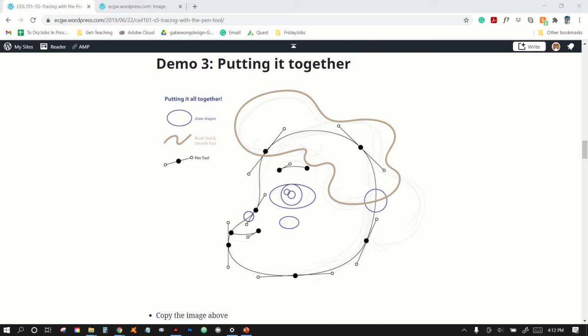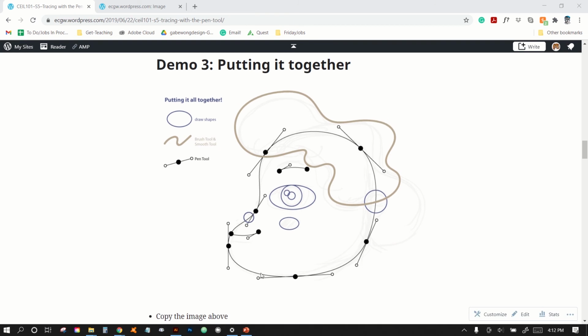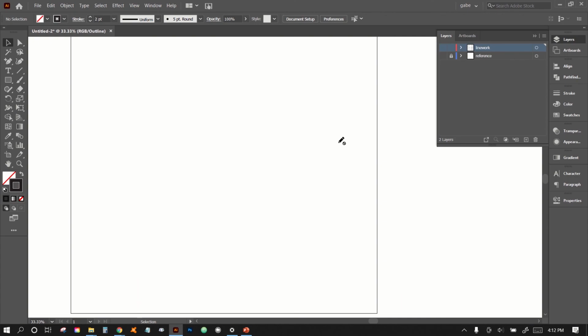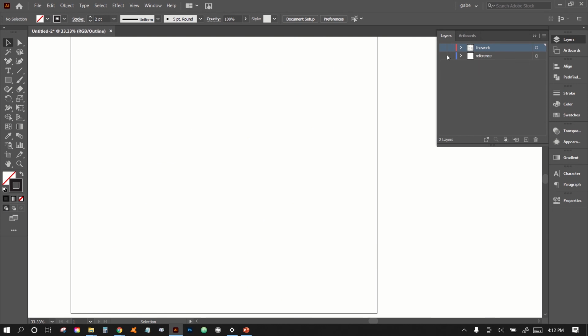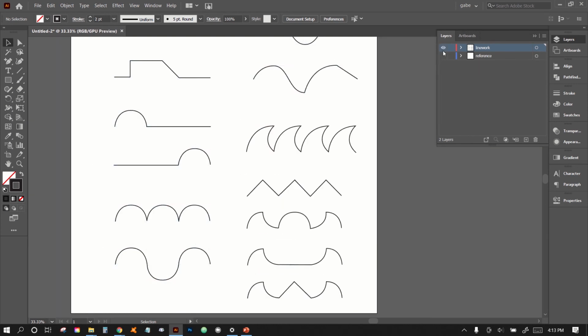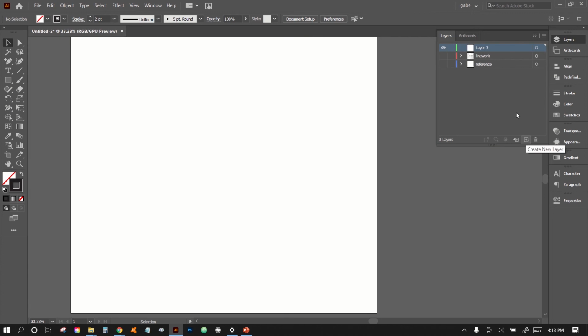All right, so now let's try drawing a simple illustration using the pen tool and the shape builder tool as we did in the last class. So I'm going to go back to my blog, the link in the description below, and then I'm going to scroll down to this image right here, and then I'm just going to copy it, and then I'm going to paste it into Illustrator. So I will open up my layers panel. I will turn off the visibility of these two from the last exercise that we did, and I'm going to make a new layer, and then I'm going to name this one reference